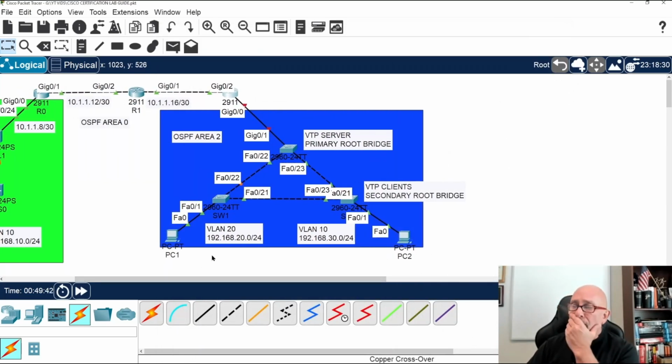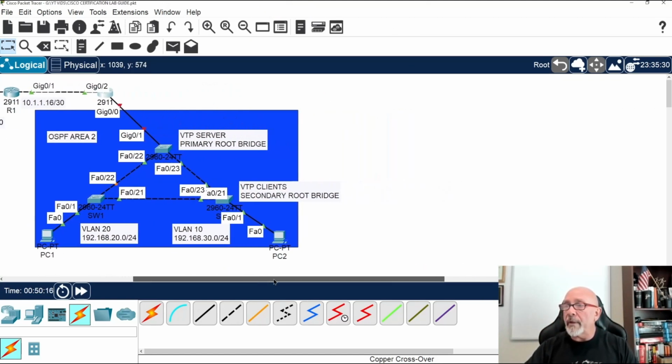All right, so down here, this side is pure layer 2. In this scenario, the first thing that I do is make this my primary root bridge, like it says here. And just so you know, VTP, which is not part of the CCNA, but you need to know because in your CCNP, they have a whole chapter on it. And out there, some people still use it. But spanning tree, even though they're getting rid of it, they tell you to do a primary root bridge. And I always like using this one because my core switch is connecting to the router.